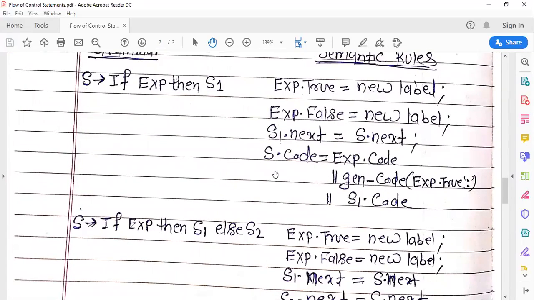The code will be generated. S.code is equal to, basically, the three address code. So what is S.code?